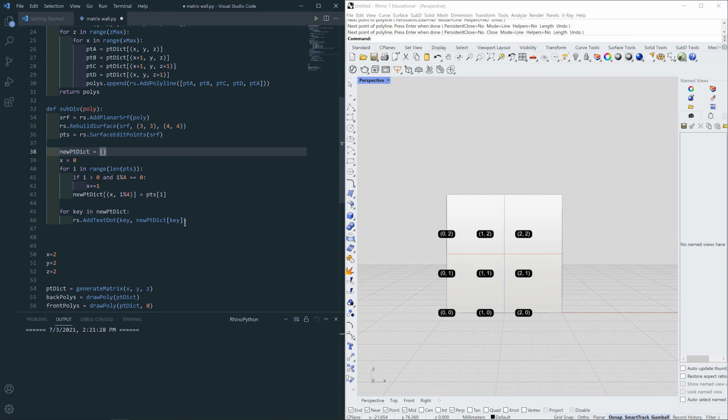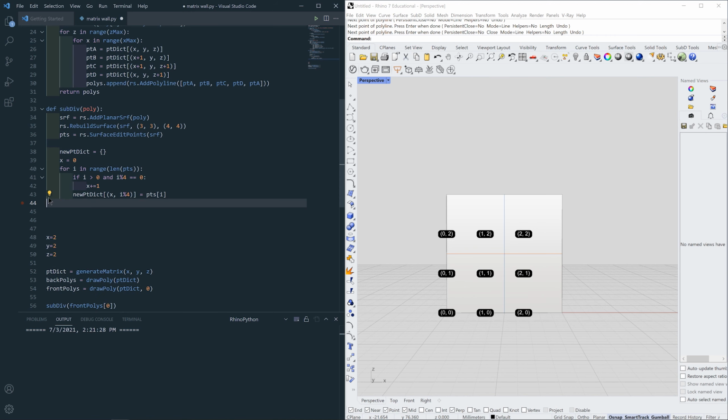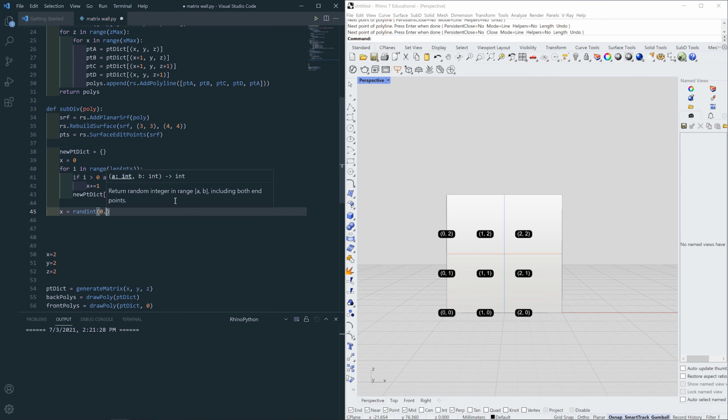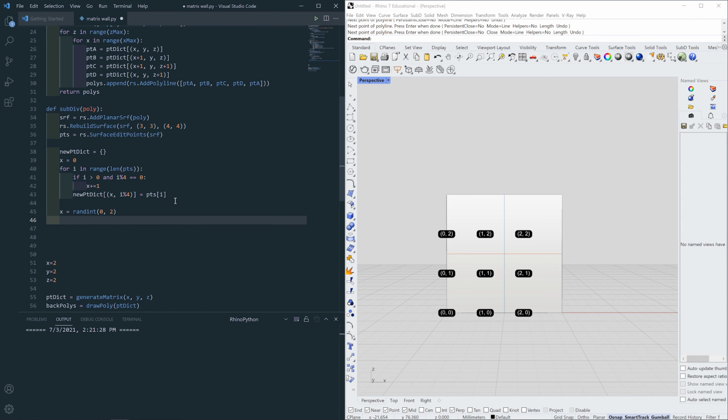And let me see, I want to remove this code. Just down here, I want to say x start point as random integer from 0 to 2 and z start value as random integer 0 to 2,